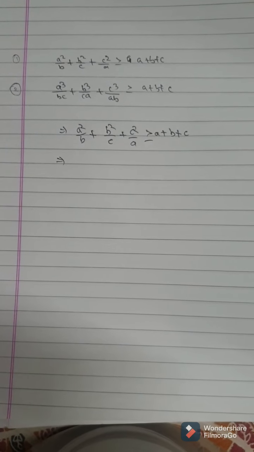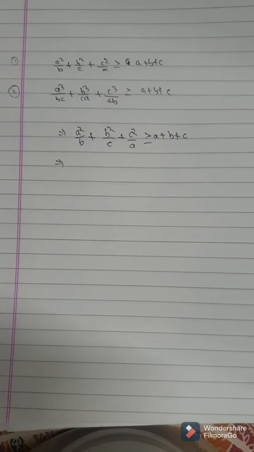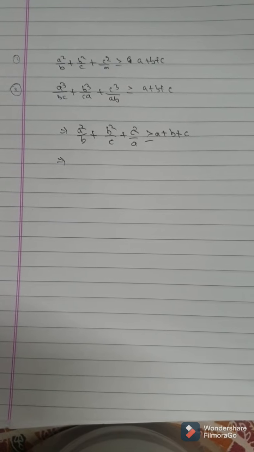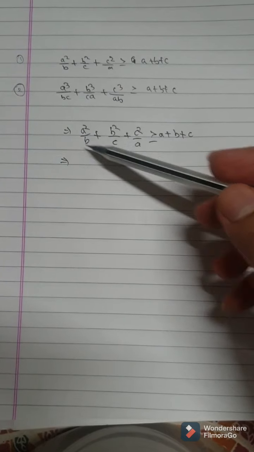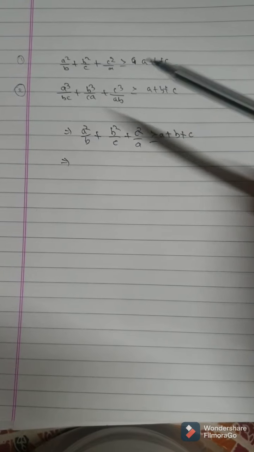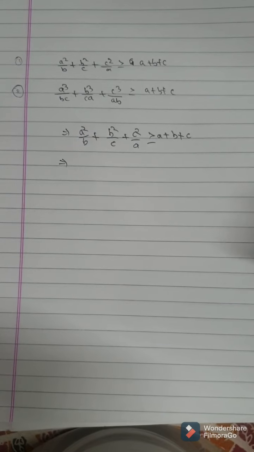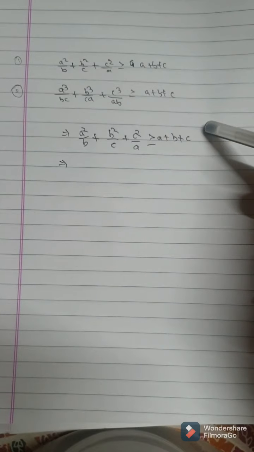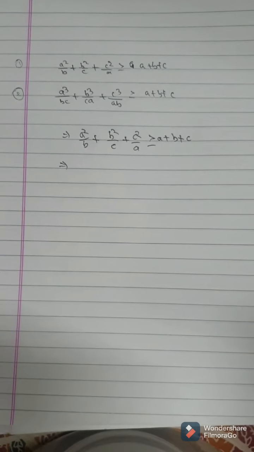See, this is a new trick which we will learn in our inequality course. This is adding and subtracting, which means adding the same term on both sides of the inequality. Suppose on the left hand side we add ab plus bc plus ca. The same term will be added to the right hand side, and then we apply AM-GM and get a result. And if the inequality is true after adding a term on both sides, then it is true always. This is proved. So let me tell you how to do this one.